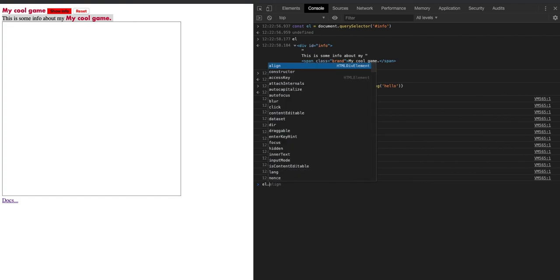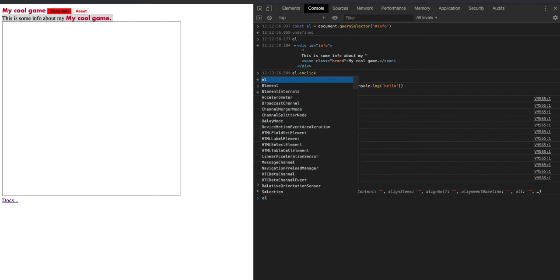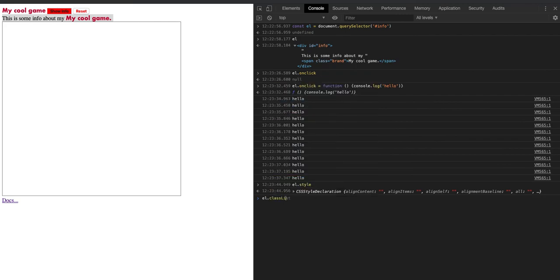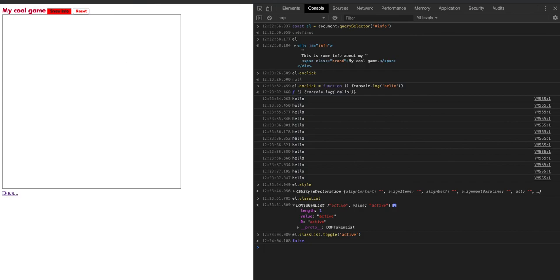Also, there is the l.style object, which has what are called the inline styles. And probably more useful for our purposes, there's this l.classList, which will show any classes that are on. And we can either toggle or add and remove classes when we like. So if I want to toggle the active class, that's going to make it disappear. Okay,